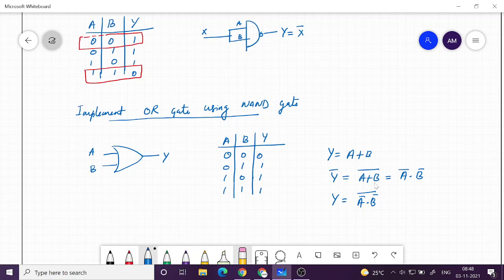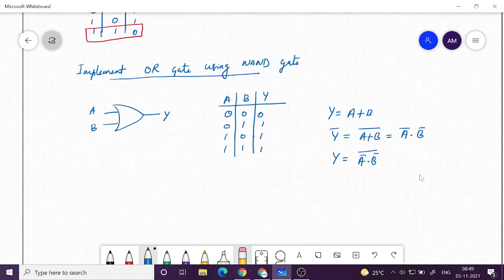Now if you interpret this modified Boolean expression, what it does is you have A bar as an input and B bar as an input to a NAND gate. So you can call it X Y the whole bar, where X is A bar and Y is B bar. So this is basically what a NAND gate does.